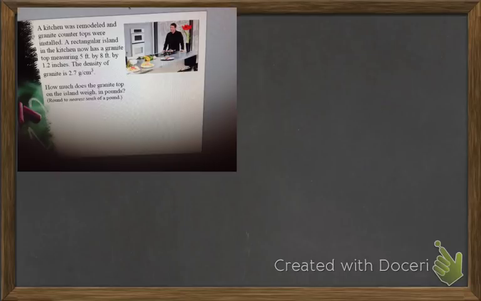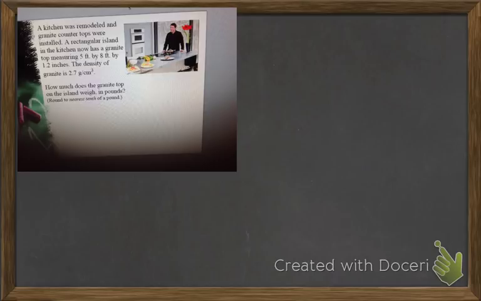Okay, so we're going to look at this problem. I'm going to actually do two problems with you. So you're having your kitchen remodeled, and you can see there's a granite countertop here in the picture, and this top measures 5 feet by 8 feet by 1.2 inches. So right there, you should be wary because they're mixing in feet and inches.